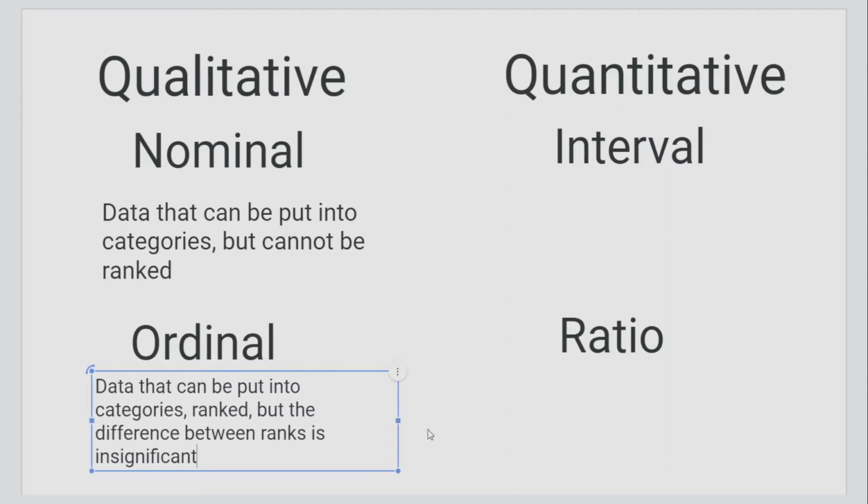This is probably the hardest one to make sense of. Ordinal data can be categorized and ranked, but the difference between the ranks is insignificant. And what I mean by that is, for example,